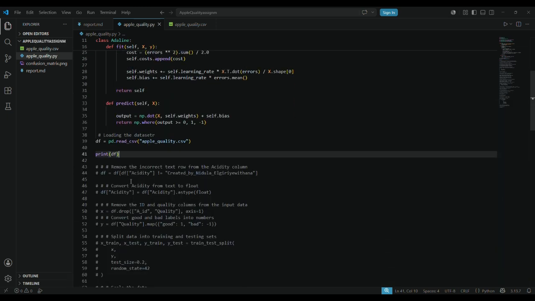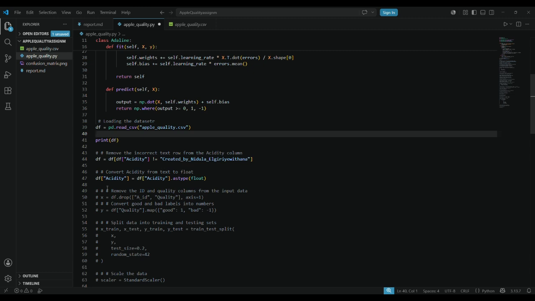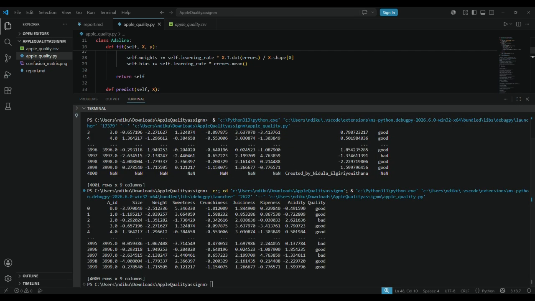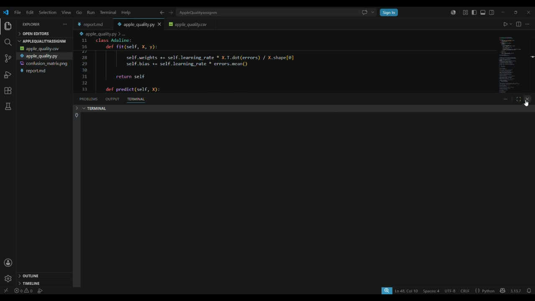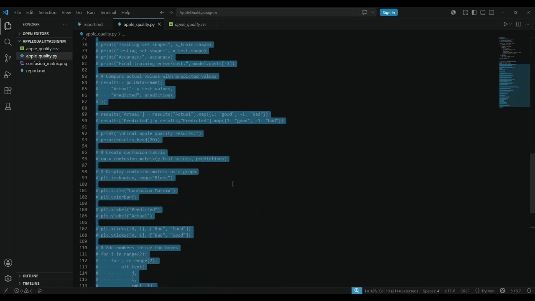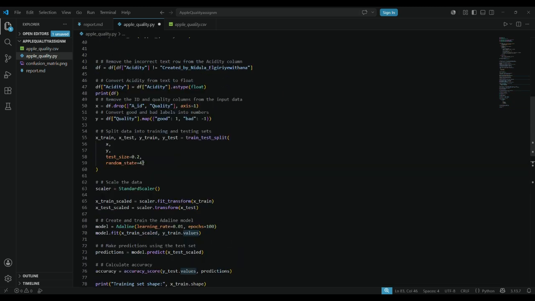So I'm going to remove the text and then convert it back to numbers. Let's run that again and see. As we can see, it has cleaned it up and it's good. Now I'm going to edit all these out, I'm going to uncomment them back. Okay, so now that we have cleaned up our data,